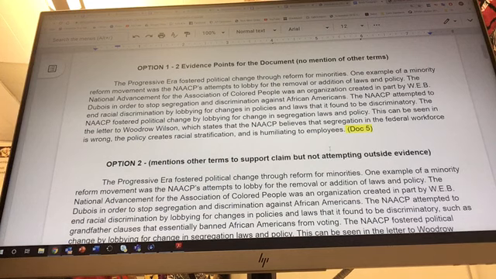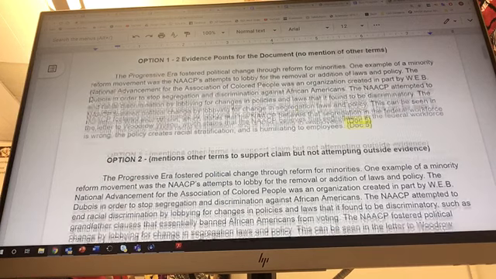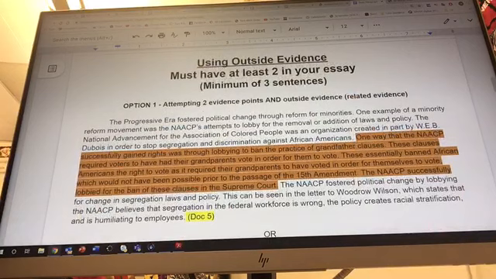The reason why we do T-charts is because we want to be able to get as many options for outside evidence as possible. So what you're going to do is you're going to talk about it in your essay. Now I'm going to give you 2 showings of ways that you can do this. So the first way, if you scroll down to page number 3, the first way to do this is by talking about something that is part of the topic that you're already talking about. So in my case it is the NAACP, and I'm going to talk about grandfather clauses, because that was a successful